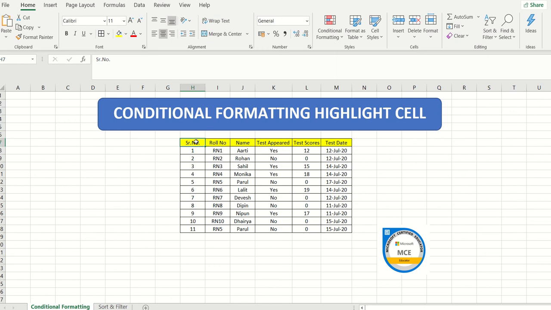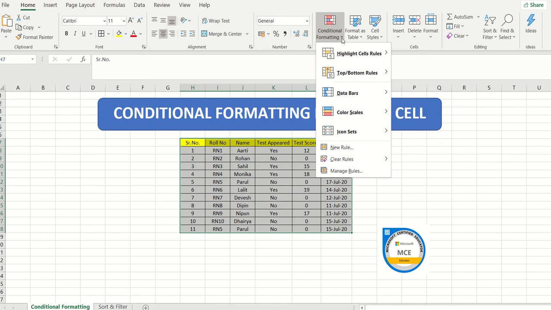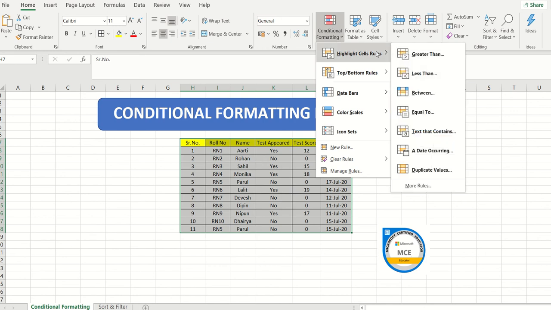Now what I'm going to do is, first of all, select the entire data which is there with me. Once I have selected this entire data, in this Home tab itself you need to go to this conditional formatting. Can you see this conditional formatting where I'm hovering my mouse at this moment? I'm going to take you only to the first section today, which is highlight cell rules. With the help of these options mentioned on the right hand side, these are the specific rules that I'm going to apply on my data, and then I'm going to format my data based on that condition.